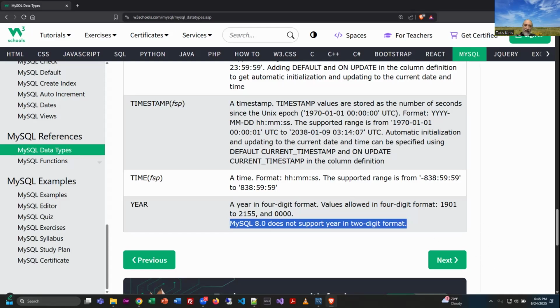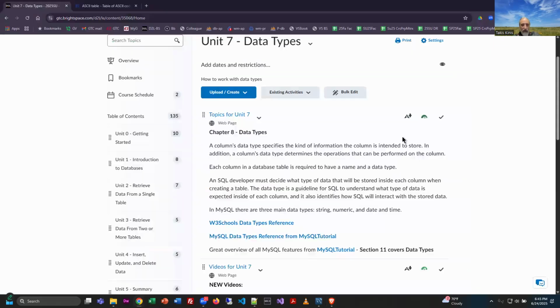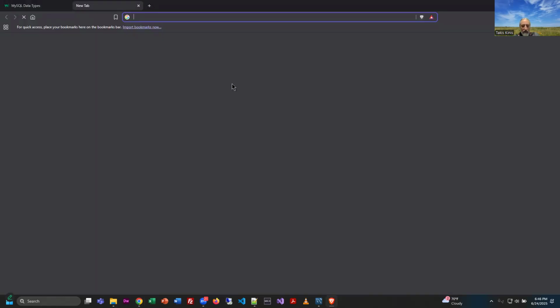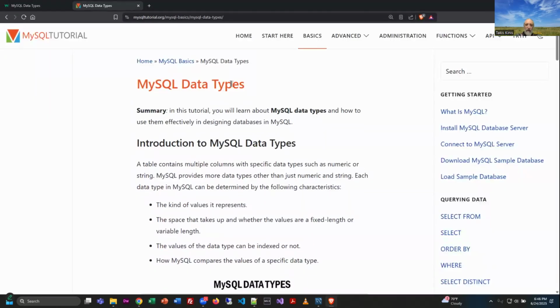All right. So those are the data types that we have here. And I'm going to switch now over to the other link that I have. I'm just going to copy that link address and paste it here into Brave so it can go relatively ad-free. This MySQL tutorial site is basically going to reiterate all the same information we just looked at. So I'm not going to go through all of it, but there's a couple of things included in here